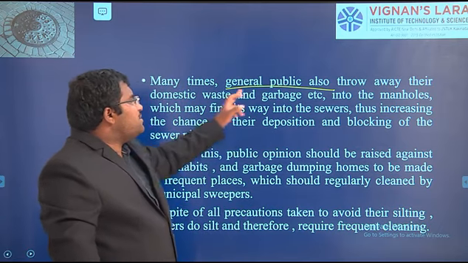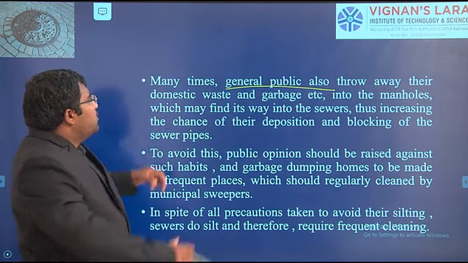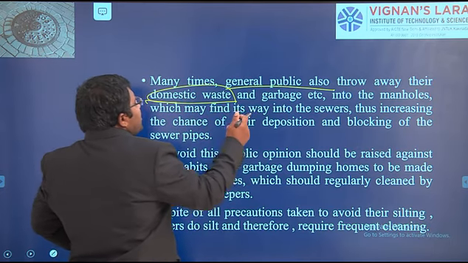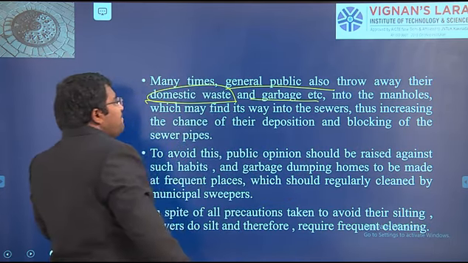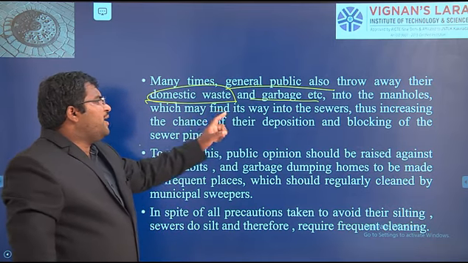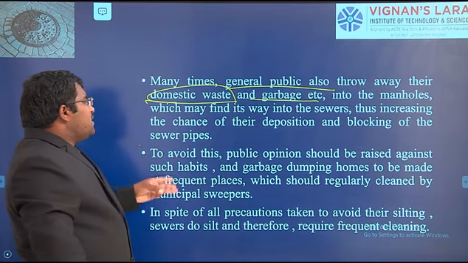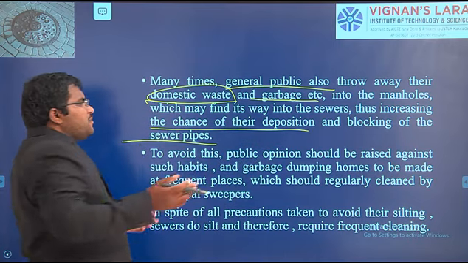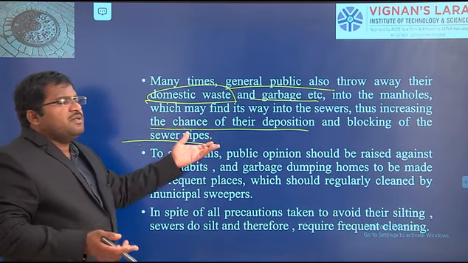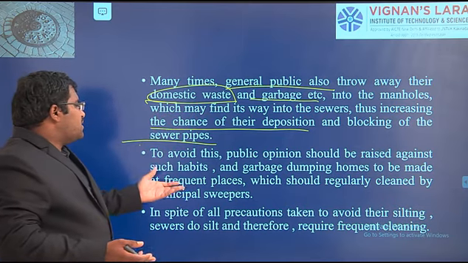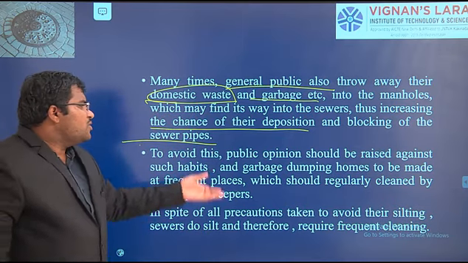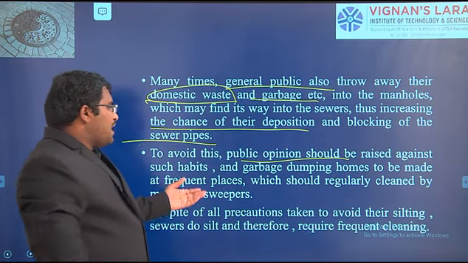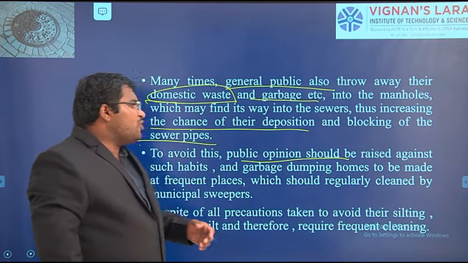The general public also throw away their domestic waste, that is house waste from individual houses, garbage etc., into the manholes, which may find its way into the sewers, thus increasing the chance of deposition and blocking of the pipes. Whenever you throw garbage, there will be a chance of blocking. Next, to avoid this, what do you have to do? Public opinion should be raised against such habits, and garbage dumping